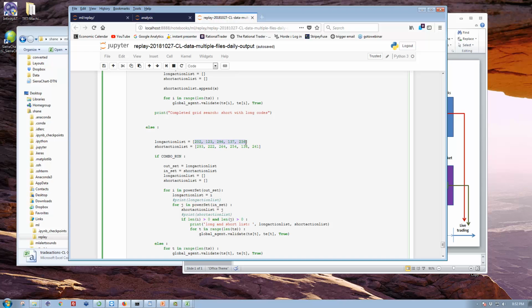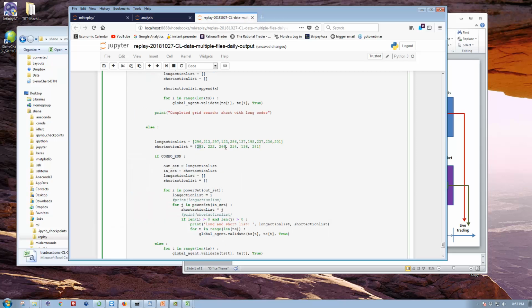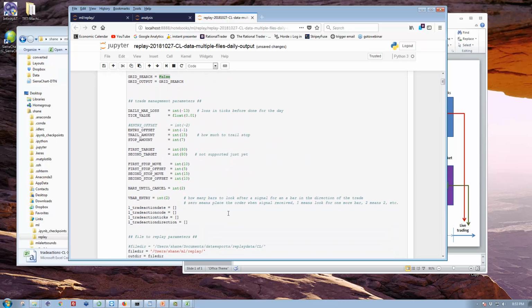Okay, so instead, for longs, just use that. And for shorts, just use this. Okay. And we're going to run this. This is going to take like 10 or 15 seconds. So let's run this. Oh, actually, we've got to see what we're running it on. Let's make sure we're running on the right file. So we're running this on,